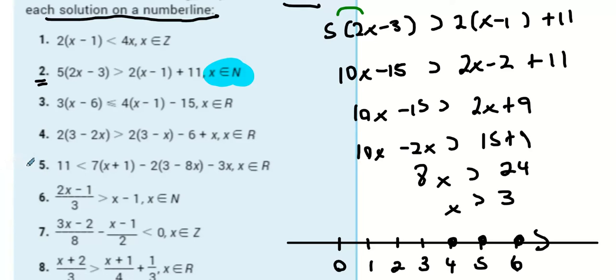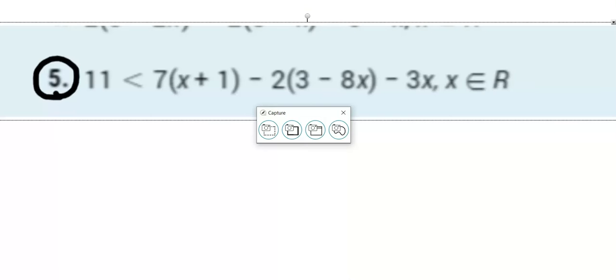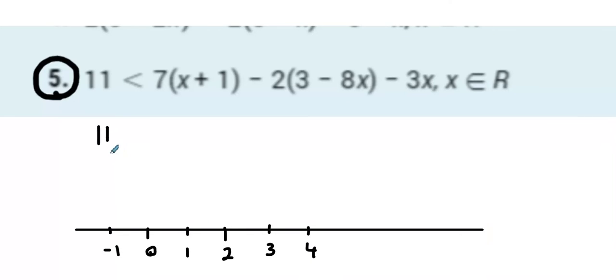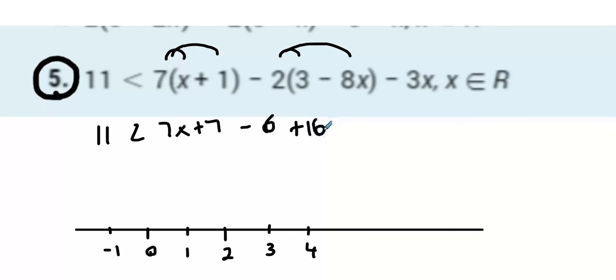All right, guys. Will you guys try question 5 for me now? Okay, and I'll put it on the board here. All right, guys. Here we go. 7x plus 7 minus 6 plus 16x minus my 3x at the back. 11 is less than 7x plus 16x is 23x. That's going to be 20x. And